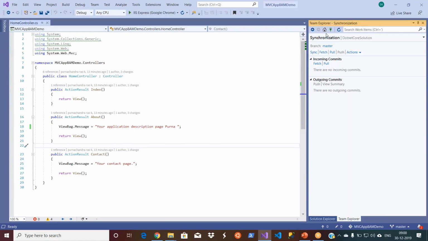I'll just give my email ID. So I will add you as a contributor to this repository. Yes, please send an email to this one.